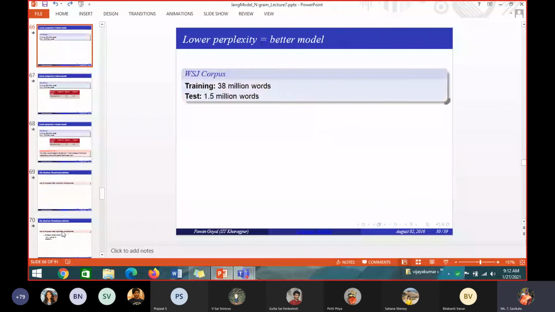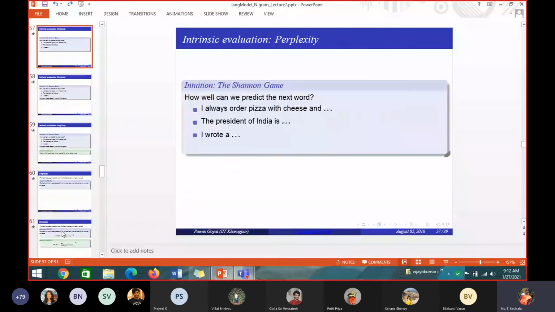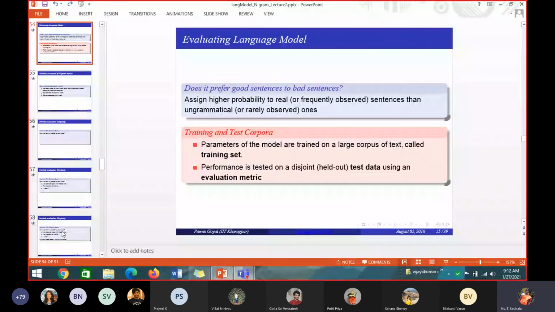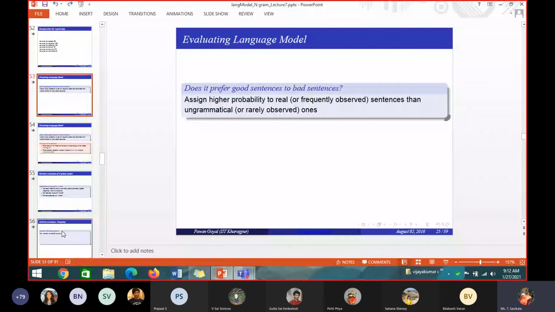Okay, evaluating language model. So you have constructed one language model. You want to evaluate your language model. So see, whenever you are constructing something, you will be evaluating it or not. You are developing some model. Will you be evaluating that model or not? Yes or no? For example, you have written a program for A plus B, simple A plus B. Will you be evaluating this by giving some test data and finding out the accuracy of your model or not? Yes or no? Your model is addition A plus B. Yes. Similarly, you construct some language model and you have to evaluate the language model.